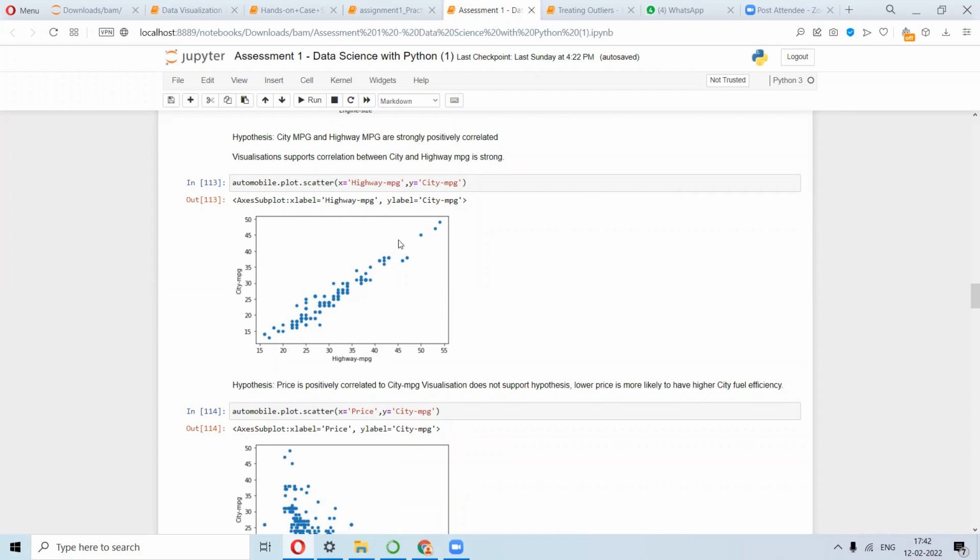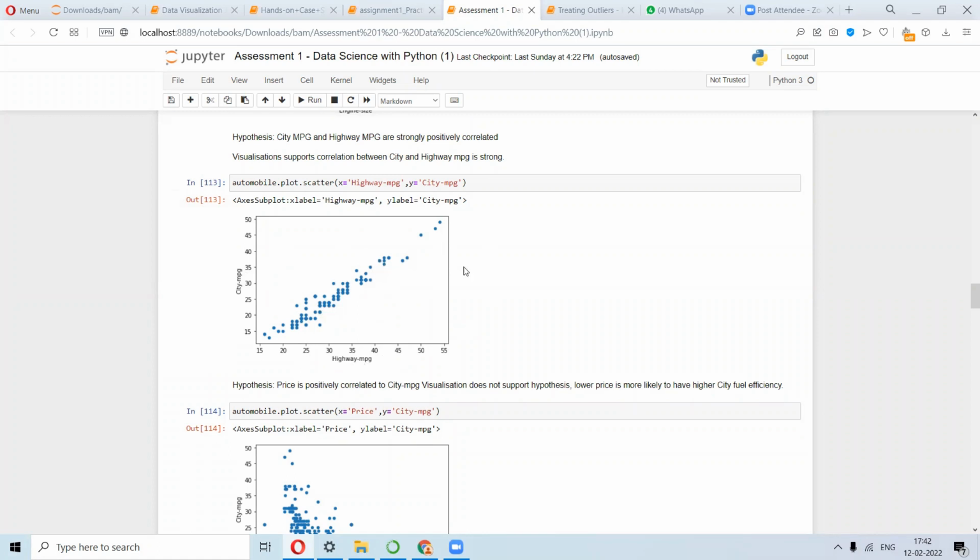With the increase in highway mileage, the city mileage increases too, but we hardly can infer anything from here. What should be the right way to compare city mileage and highway mileage? We can do a box plot side by side, where we can see whether the city average is better than the highway average or not.